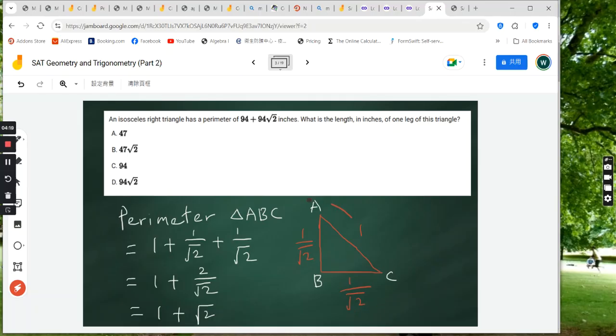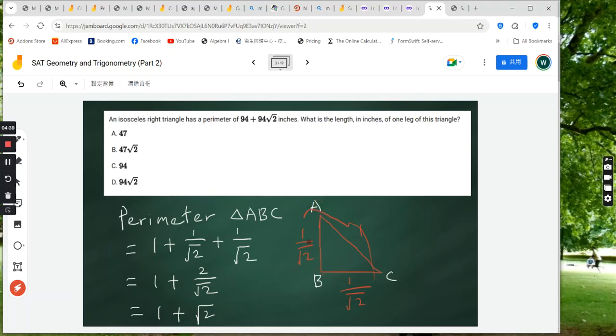This is coming from a special triangle with 45 degrees. So this is 45 degrees and this is 90 degrees. So we know the similar triangles will have this dimension. All right, and